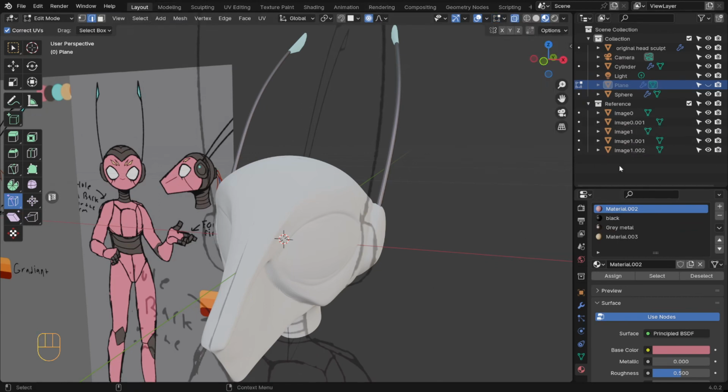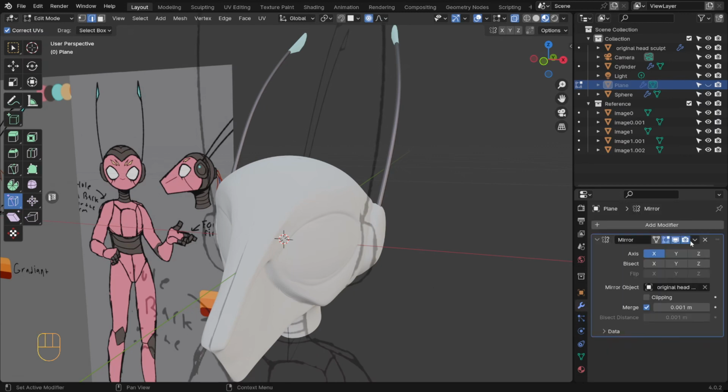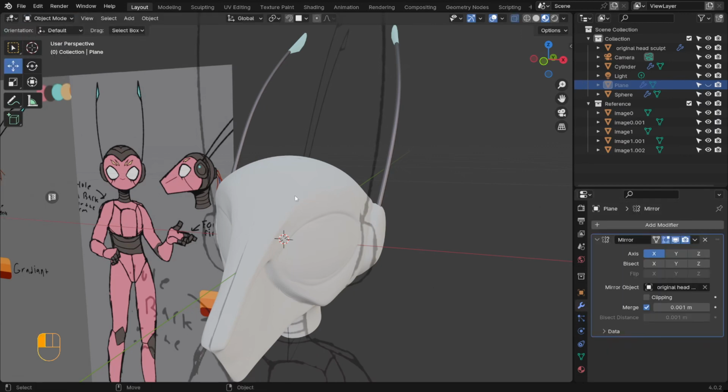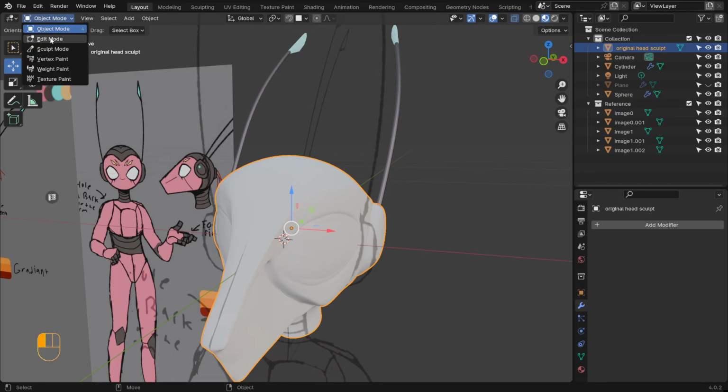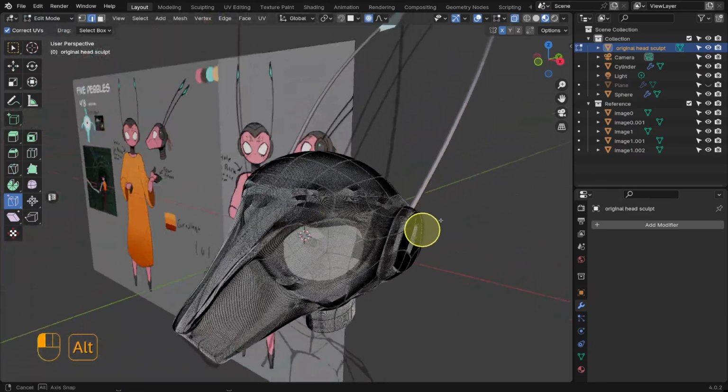Let me apply that. No, it's in the mirror. Maybe I already did. Oh, there's the multi-res. So if we just apply that and then looked at it in edit mode, you can